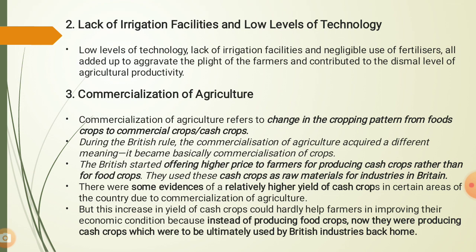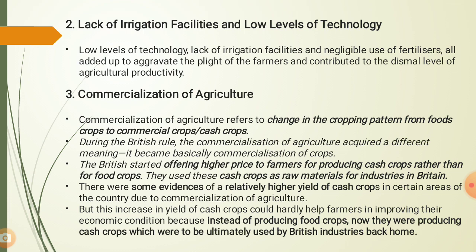And there was some evidence of a relatively high rate of cash crops in certain areas of the country due to commercialization of agriculture. So there we say that some sign of change in the agriculture sector was there, and it was because of commercialization of agriculture and increase in the production of cash crops only. Okay, but this increase in yield of cash crops could hardly help farmers in improving their economic condition, because